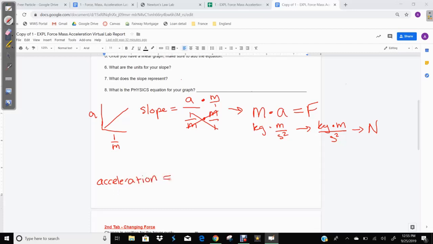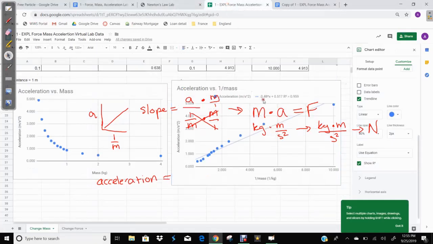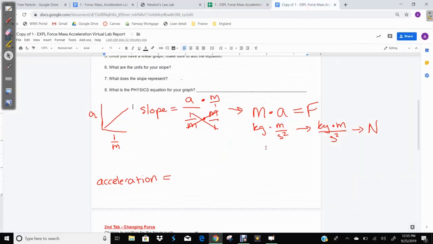That is equal to the slope of our graph, which, bear with me here for a second, I've got to switch back over here. It's kind of hard to see, but the slope of my graph is right here. It's 0.48. So I'm going to come back over here and plug in 0.48 newtons. This is y equals m, the slope, times x, which in this case is 1 over mass,